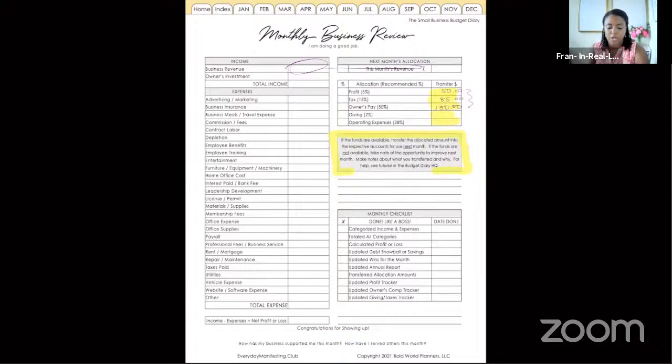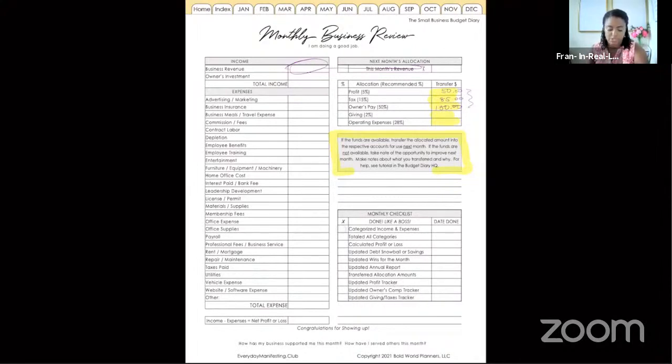Another tip is, if all you can transfer is your taxes, transfer your taxes, right? Because then when it's time to pay taxes, you have all this money. And you may not even owe that much. Maybe you transfer your profit and your taxes and you end up with extra money, right? Now your business is not such a scary thought because you have more than you need, just the way you have it in your personal life. All right, did you update your profit tracker, update your owner's compensation tracker, update your giving and your